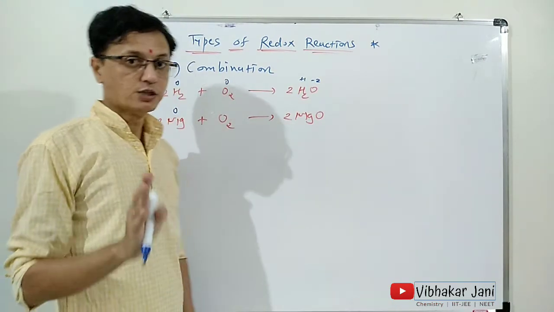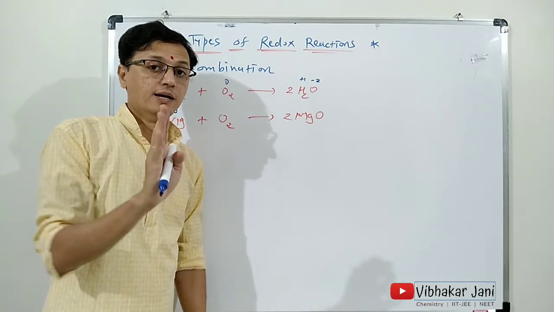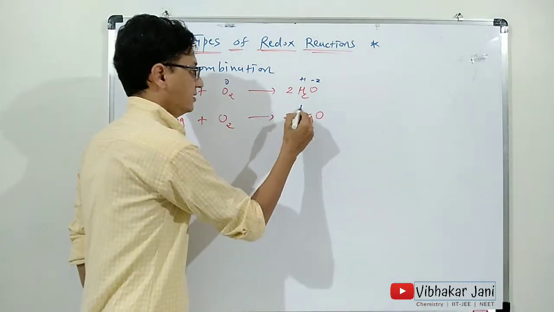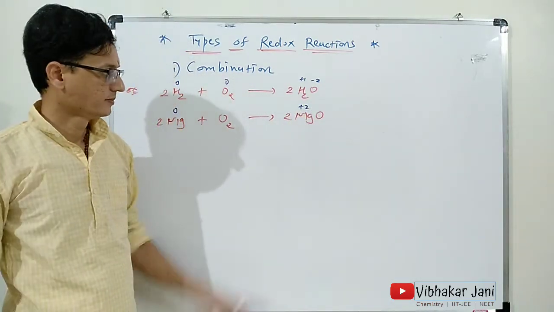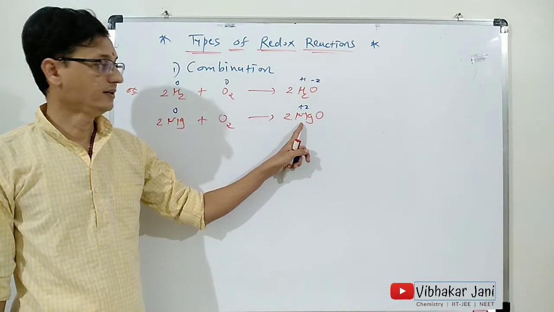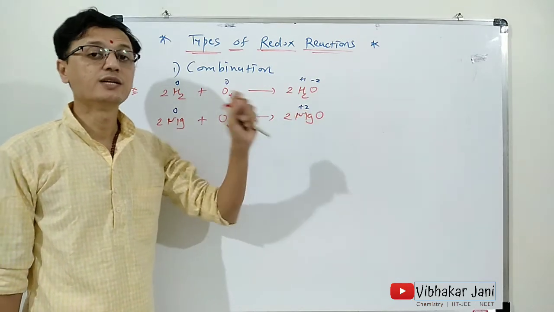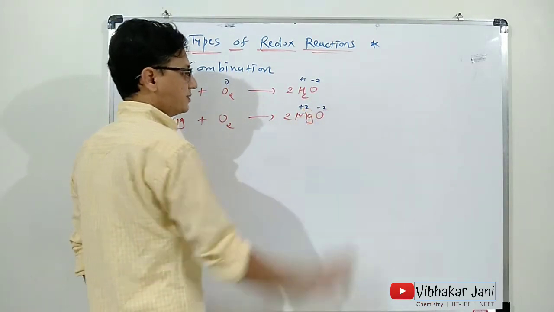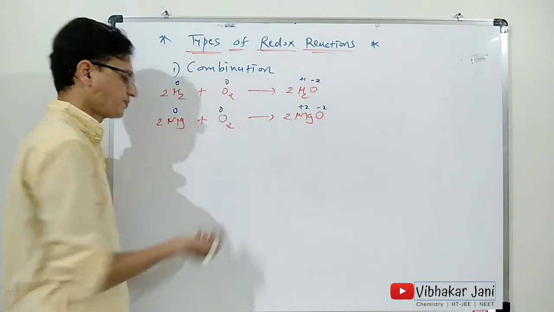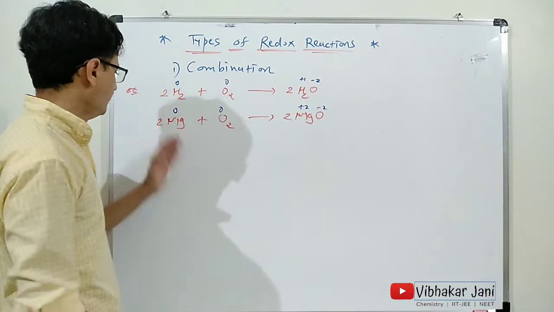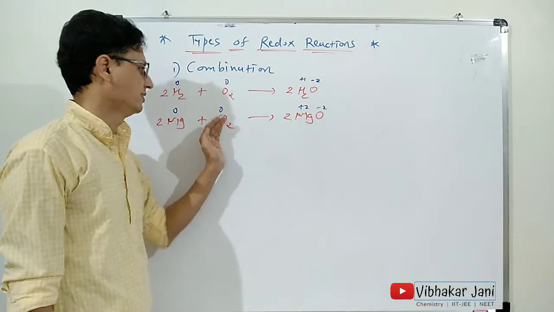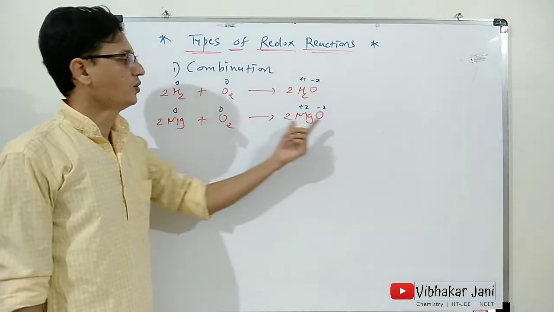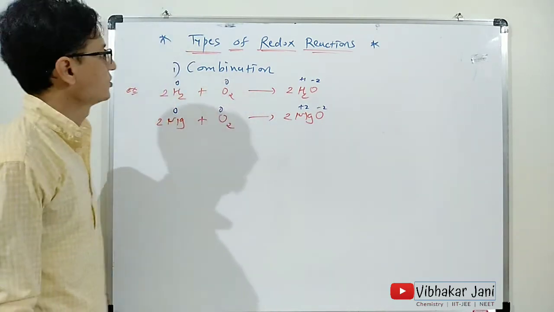And all metals in group 2, when they form compounds, always have an oxidation state of +2. Mg is +2 and O, we know very well, is -2. Here oxygen was 0. So magnesium is oxidized and oxygen is reduced. Here magnesium and oxygen combine with each other to form magnesium oxide. Therefore, this is also a kind of